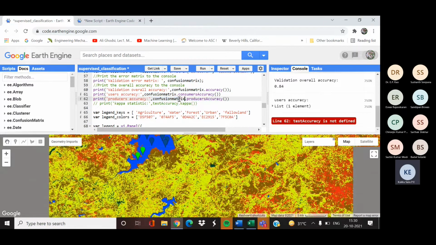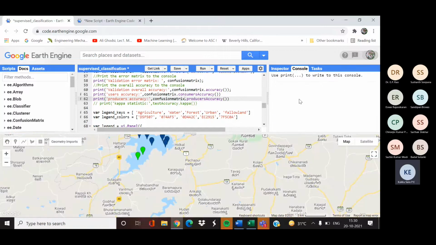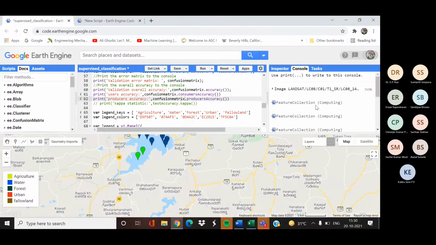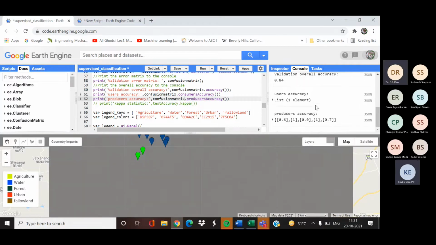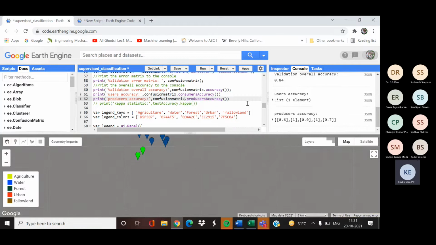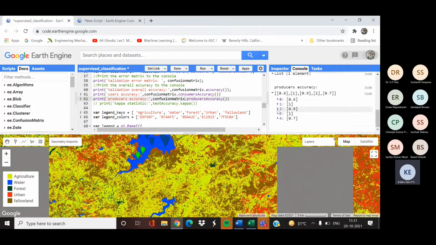In order to calculate producer's accuracy, we use the confusion matrix, that is our error matrix name dot producer's accuracy. This function will give the producer's accuracy.